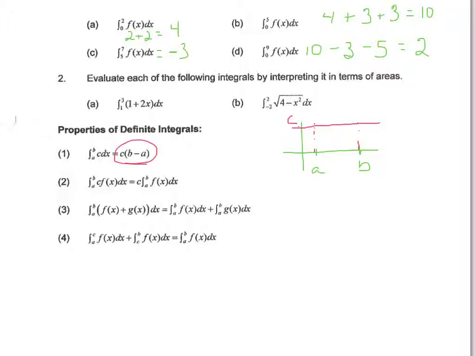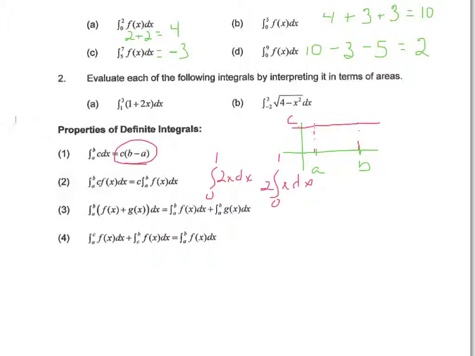Another property of a definite integral is if you have from A to B of a constant times a function, you can move that constant out to the front. Sometimes that's easier to evaluate if you do that. If you were going to evaluate, say, from 0 to 1 of 2x dx, it might be easier to do twice the integral of x dx and just graph x instead of graphing 2x. Then whatever you get, you can multiply by 2.